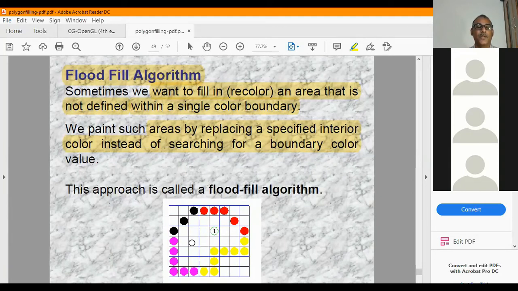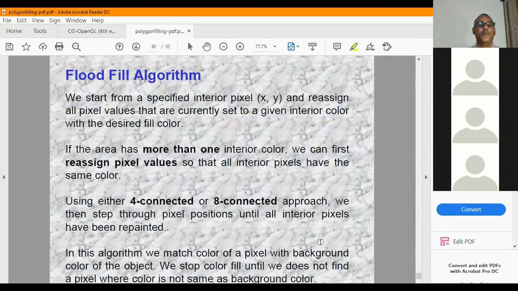Assume that we want to replace the white pixel with black, or we want to replace white with some green. That time we will use what is called a flood fill algorithm. So the technique is the same. 4 connected or 8 connected will be used, either approach, even in this case. Then we step through the pixel positions until all these inside pixels are painted with a new color. So we give x, y as input, the old color, say black or white, and replace it with a new color